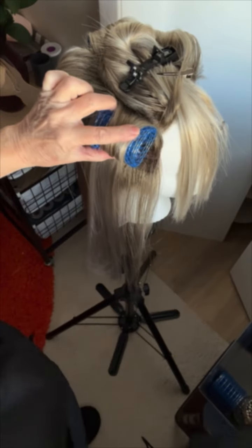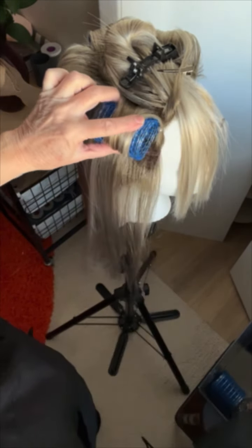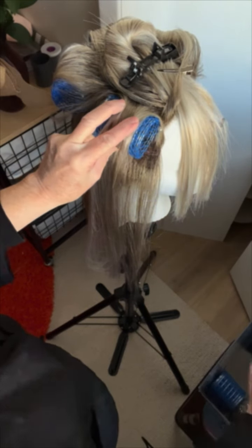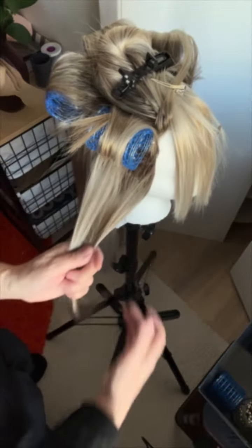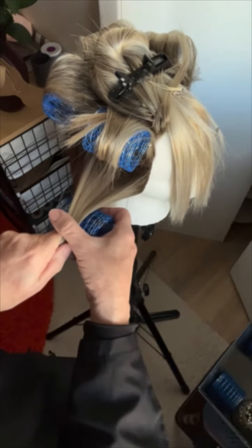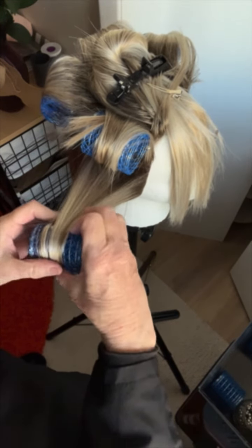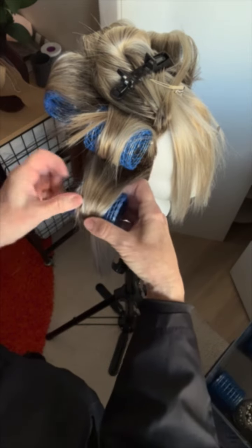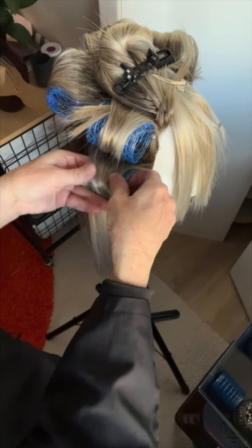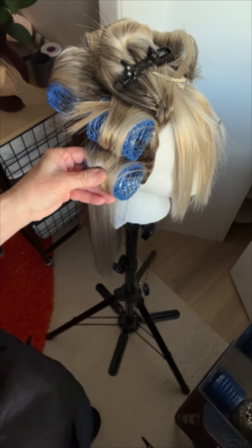I'm not worried about a tail being straight because I kind of like my tails straight, at least. So let's see, let's take this one. You know, and that's probably going to have a bendy tight place where that's bent,